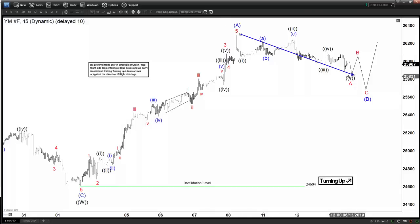So the overall look here, we are calling it as a zigzag, and then later on we will get a B followed by a C before finally we end the B in blue, and then continues to see more upside as far as it stays above 24,604. Alright, so this is not something we like to sell due to the idea that this is a 5